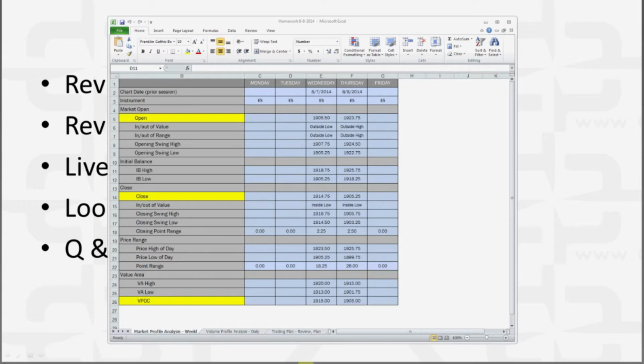So the other element of that would be volume. So what I'm looking at initially is once again, the open, the close, and VPOC in this chart. And you could add overall daily volume to that as well. And these four elements will start to give you the overall context of the market,